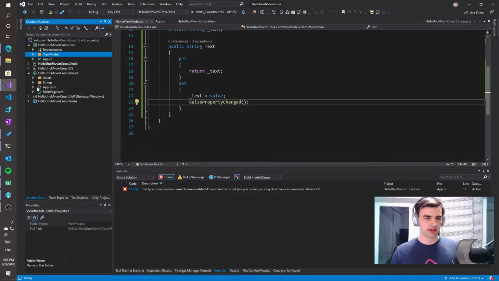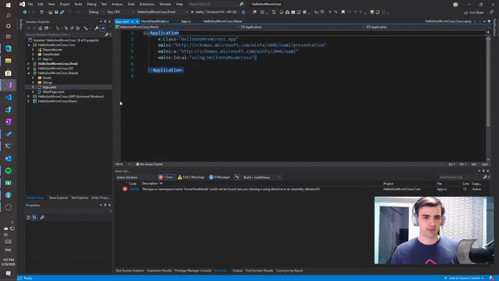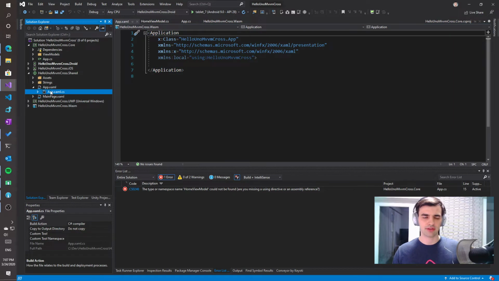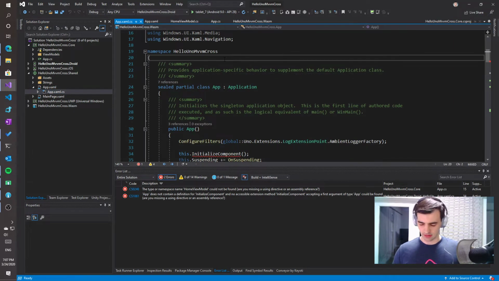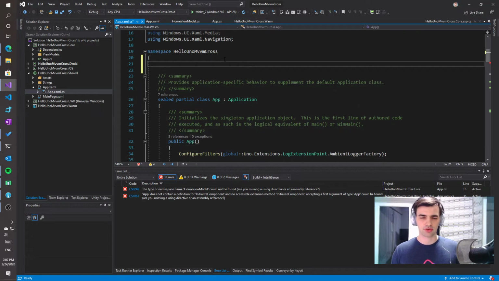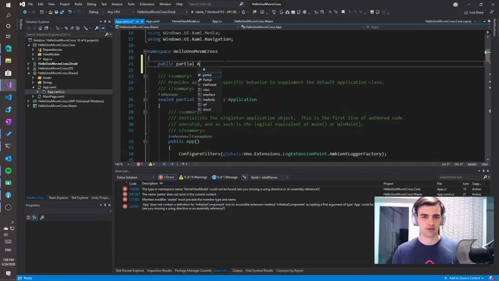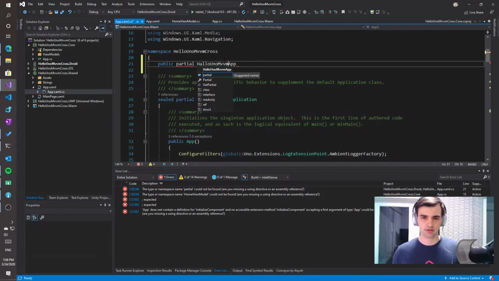So here we have the App.xaml class, and this has to change a bit as we have to derive it from the MvvmCross Windows application class. So we'll create a partial, let's call it HelloMvvmApp,